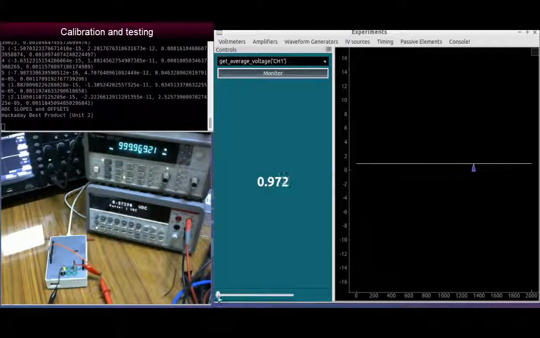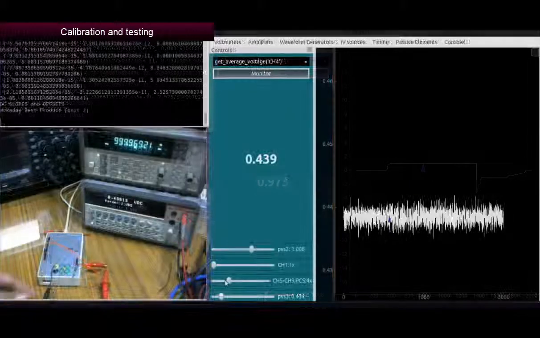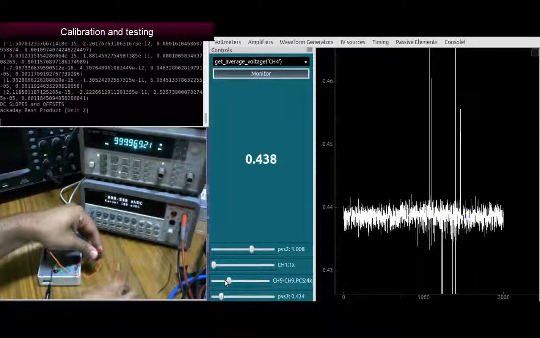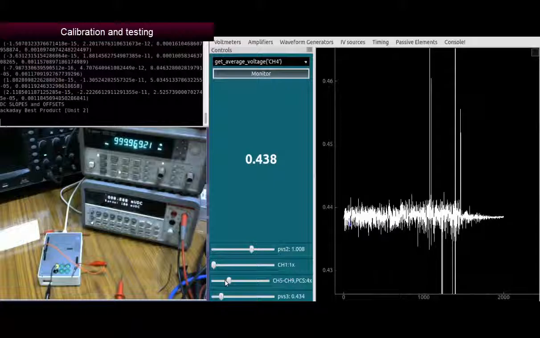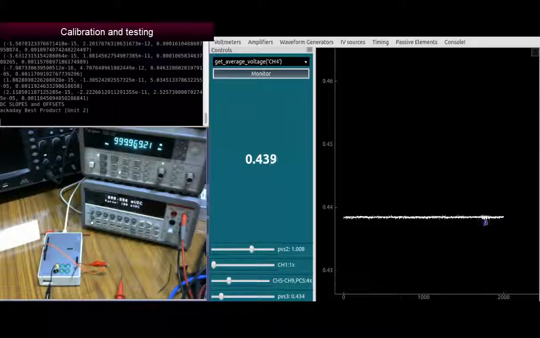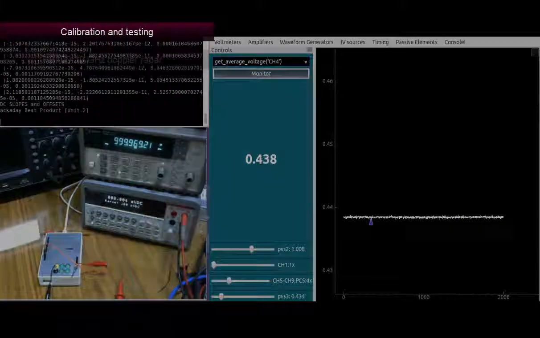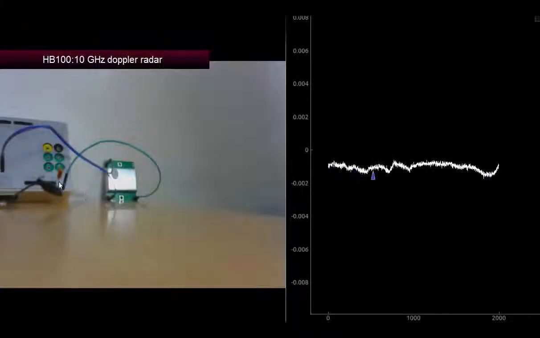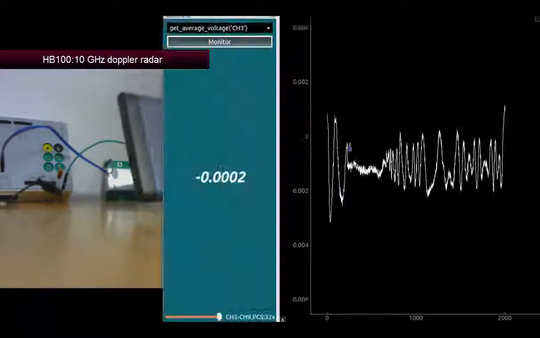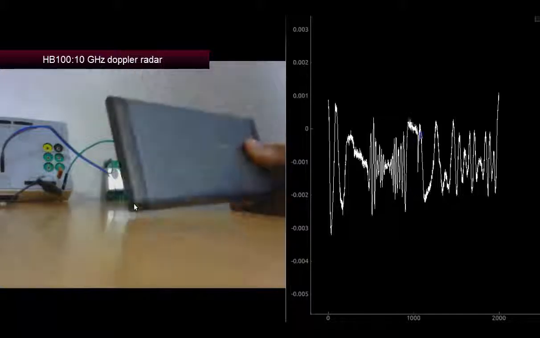In addition to a few bipolar inputs, there are also current to voltage converters as well as high impedance inputs meant specifically for weak signals. Several inputs feature programmable gains easily accessible from the graphical units. Oddly enough, disconnecting the Keithley resulted in a much cleaner signal with a noise floor less than 300 microvolts. The flexible input selection came in handy for checking out this 10 GHz Doppler radar. Its output was connected to CH3 with a gain of about 350.